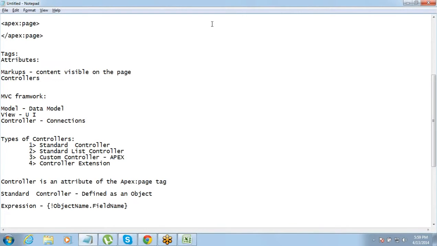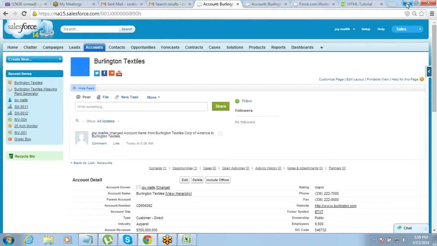If you're clear on this, there's one last thing that we are going to talk about. We have created so many pages, right? I would want you all to go back and try creating a few more pages similar to this. We have created most of them for account. You try creating it for some other objects also. Now the point is that every time we are not going to supply the ID. So far, we have been taking the ID from one record and supplying it, but that is not the right way of doing it, right?